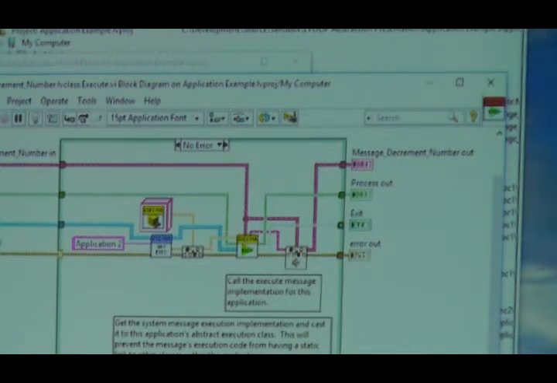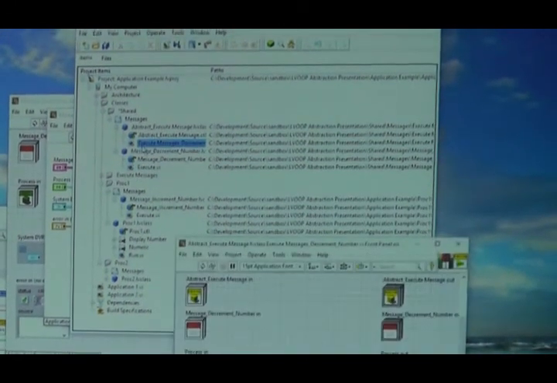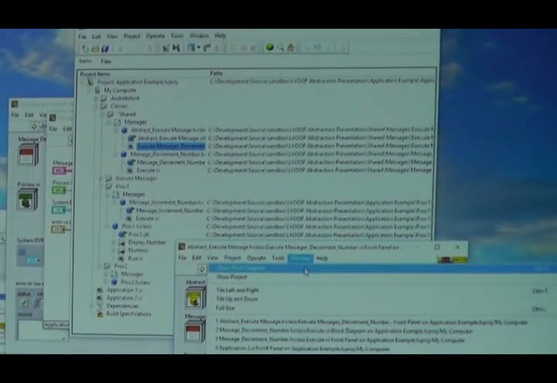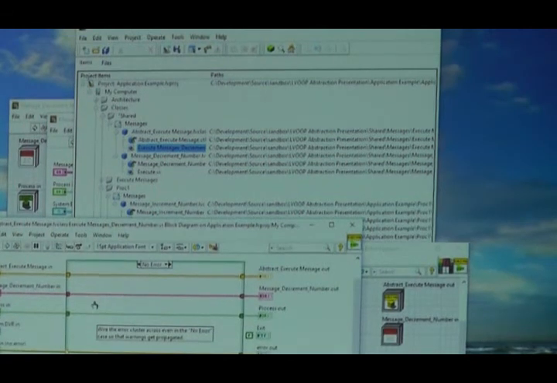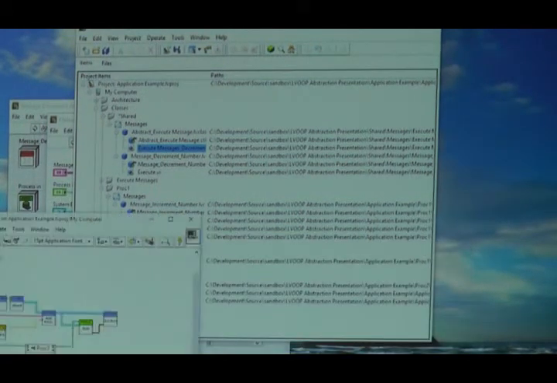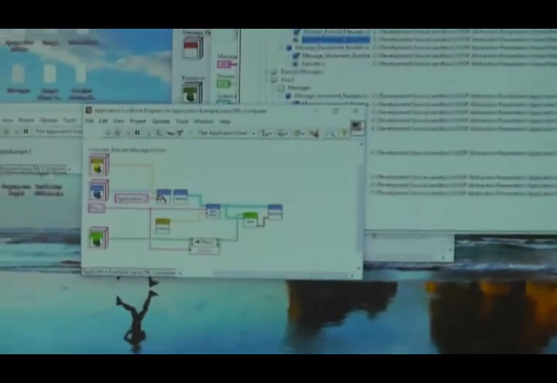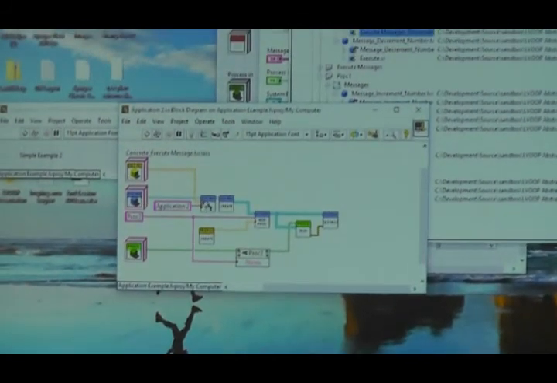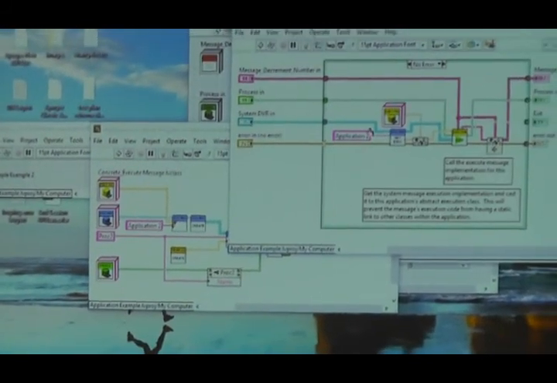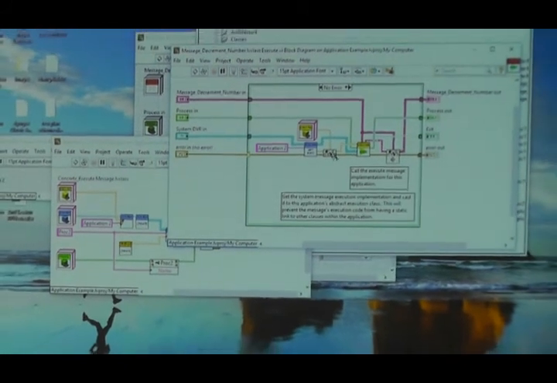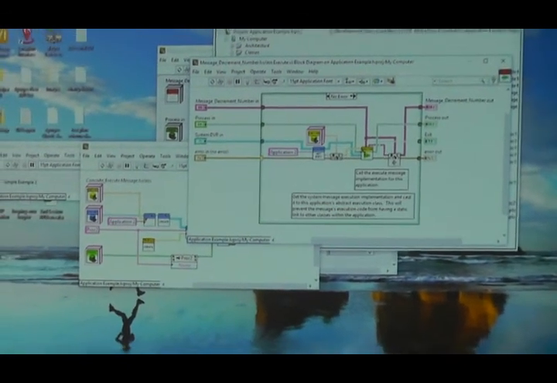And let's go look at that. So here is the thing that's actually being called that you saw in that block diagram, and it does nothing. But what we did here is we put the concrete class into our global application memory at the beginning, so that later on, this class is what actually comes out of here on this wire.